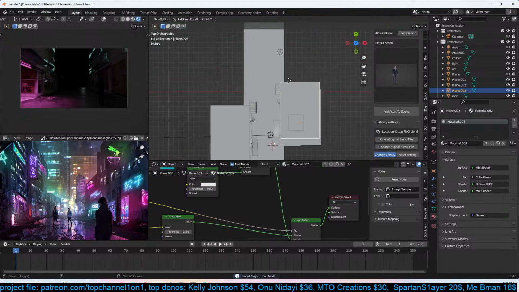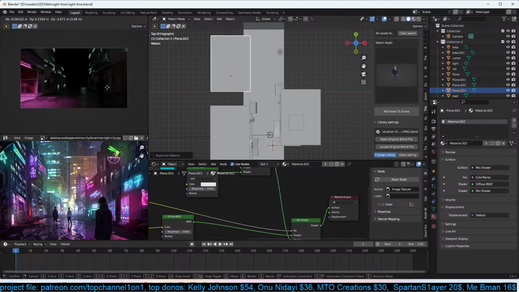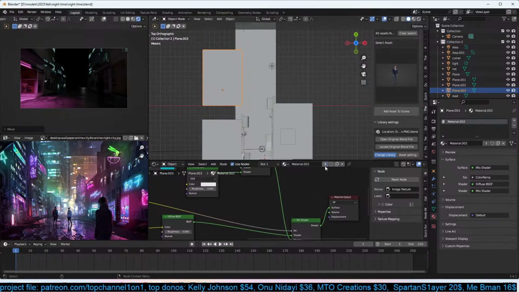Let's add more buildings in the back. Maybe this one could be